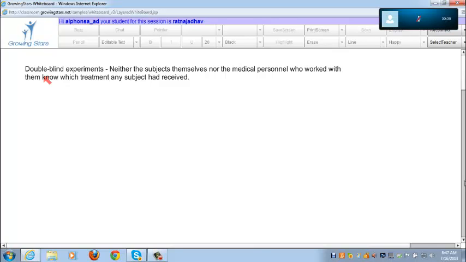Isn't that just to ensure there's no bias or anything going on? Yes, sometimes we need the experiments to be double blind so that the personnel shouldn't know which treatment each person is getting. If personnel and subjects don't know it, it's double blind. If only the personnel don't know which treatment each subject received, it's single blind.